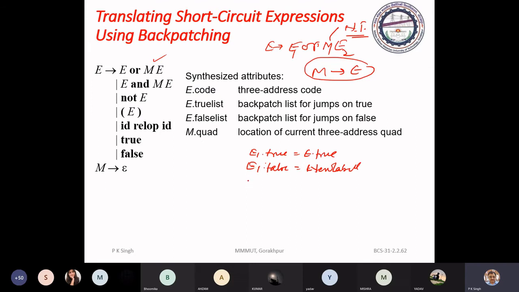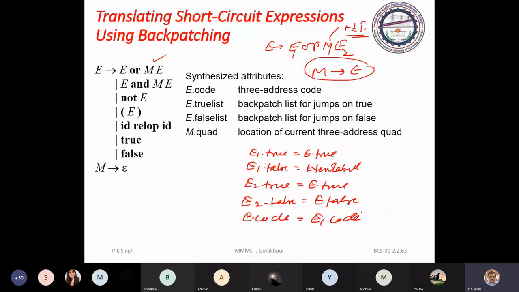and here you have E2 true is E true, E2 false is E false, and here E code is E1 code.